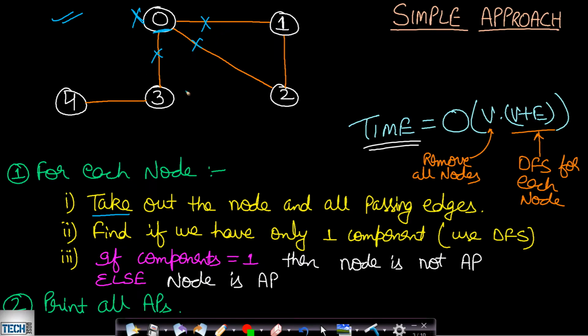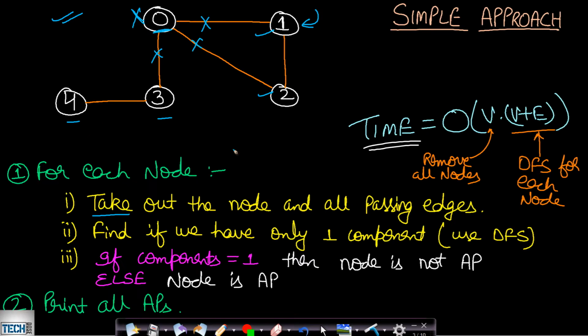So when we take them out, we will try to perform a DFS on the entire graph. We can start at any point. Let us start with this point 1. Then if you perform DFS, you will be traversing this node 1 and node 2. You will not be covering this node 3 and node 4. Okay, so since starting DFS at a node, we are not able to cover all the nodes which are remaining in the graph.